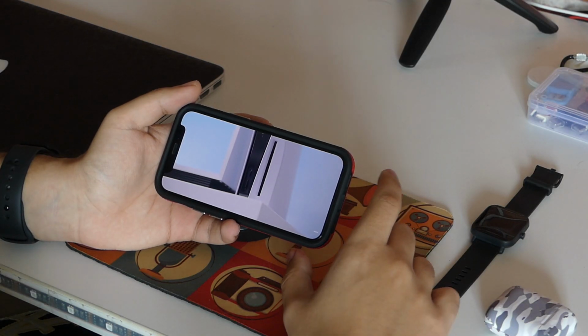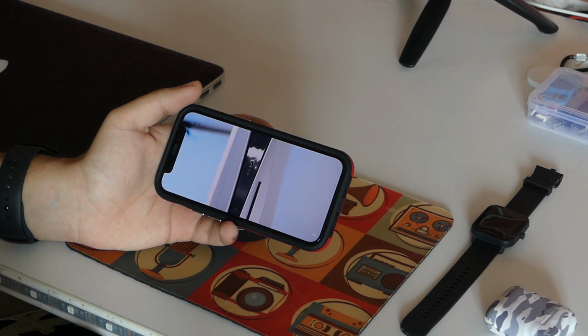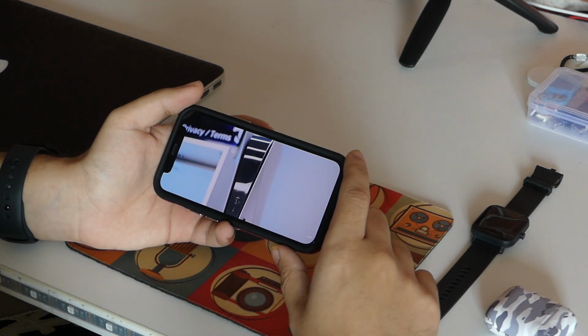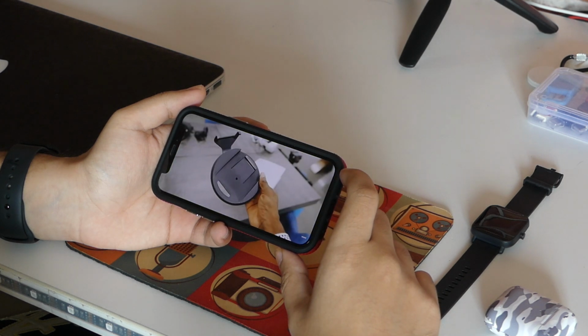I haven't used the phone for a lot of heavy tasks per se. I've just watched a lot of YouTube, some WhatsApp, Twitter, Instagram, the usual stuff. And till now, the phone actually has been holding up pretty well. I'm pretty sure I should be able to get through the day with 50% to go